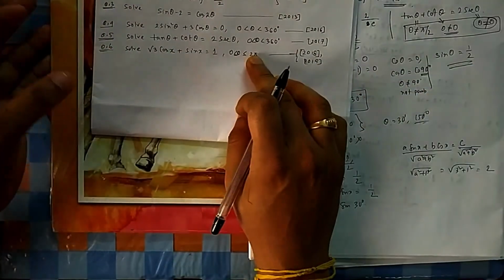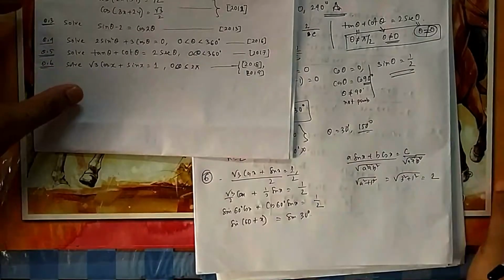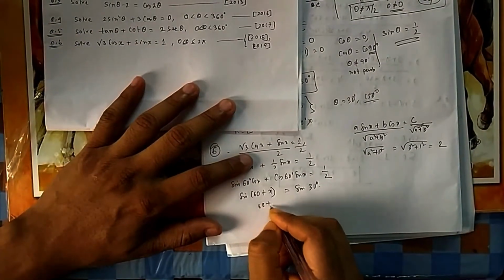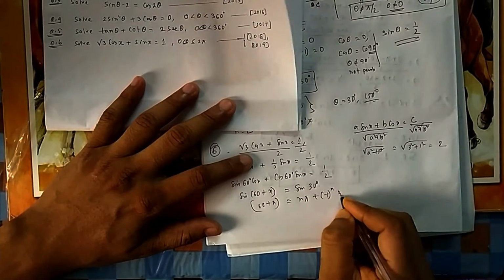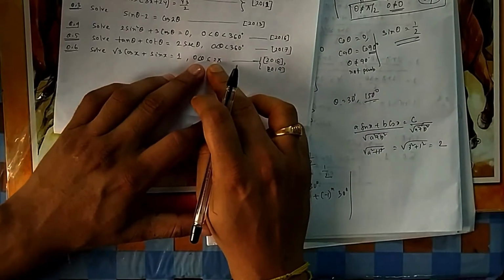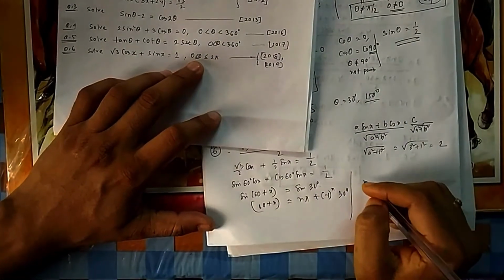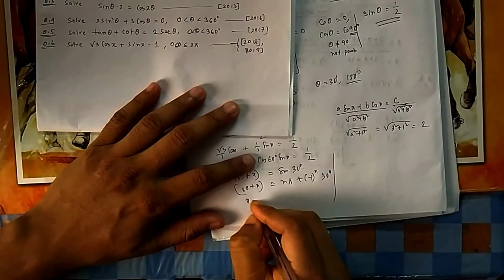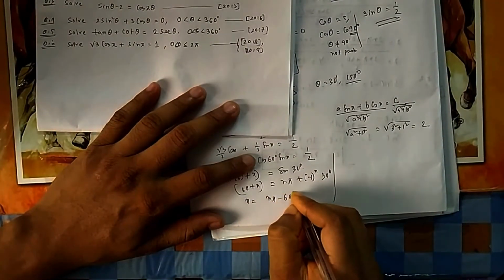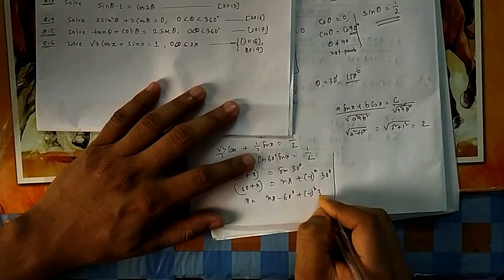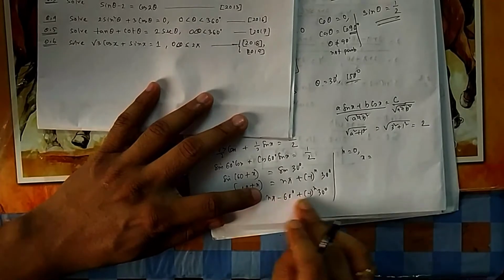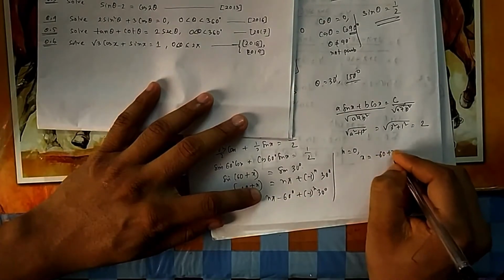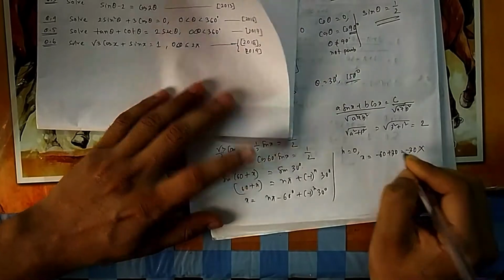So now you can do it, again they want the answer between 0 to 2 pi. So it will be 60 plus x is equal to n pi plus minus 1 to the power n 30 degree. Because it is 0 to 2 pi, you try to write everything in pi. We will write it in degree, then we will convert it. So what is your x? X will be equal to n pi minus 60 plus minus 1 to the power n 30. So we will start with n equal to 0. What will be my x? If it is 0, then it is minus 60 plus 30, which is minus 30, which is not possible.